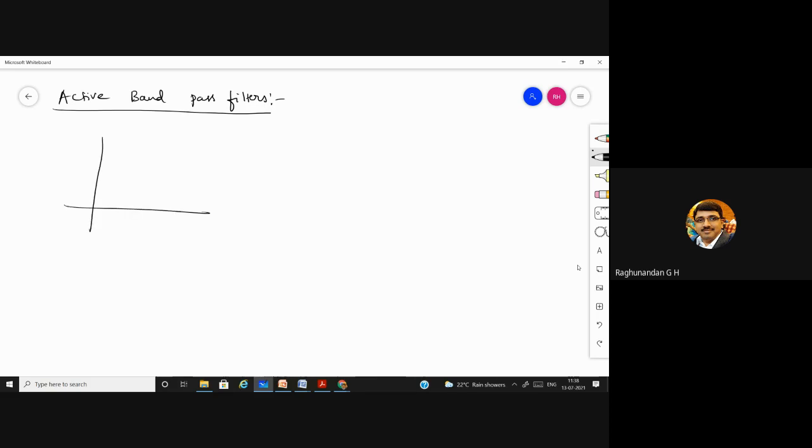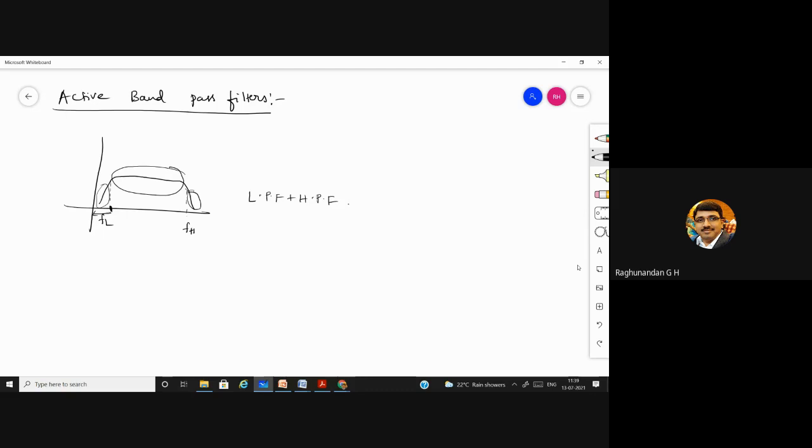So the frequency response will be just like this. Here you can observe somewhere here we'll have FL and somewhere we are having FH. The signals before FL, the lower cutoff frequency, are attenuated, and the signals after the higher cutoff frequency are also attenuated. So if you want to get the midband region frequency, then you need to use the combination of low pass filter and high pass filter.